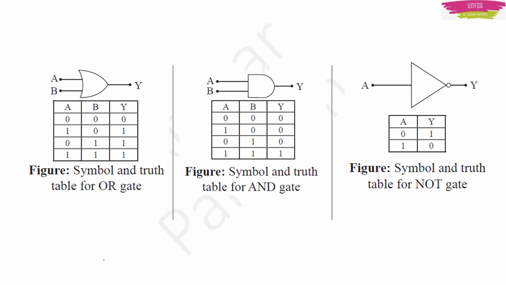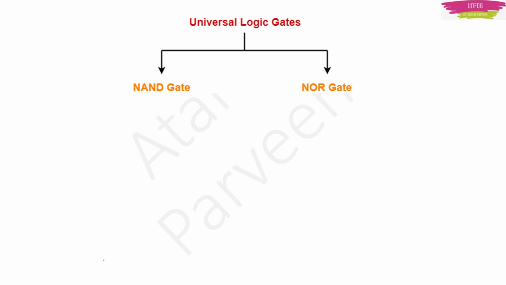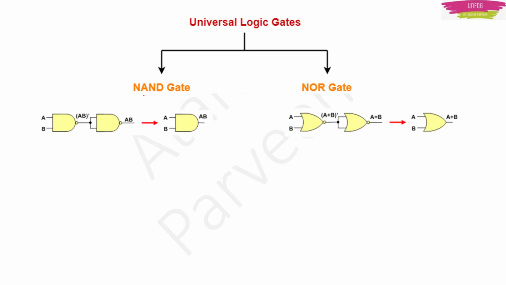One more important point is that these NAND gate and NOR gate, they are very important gates. They are known as universal logic gates. Because see, you can use just NAND gates and you can make AND gate. Without using any other gate, you just use 2 NAND gates and you can make AND gate. In the same way, you can use 2 NOR gates and you can make OR gate. See, if you have A and B dash as output here for NAND gate, if you again have one more NAND gate in the output, and the complement will give you A into B, and this is the function of AND gate, isn't it? If the inputs are A and B, the output is going to be A into B.